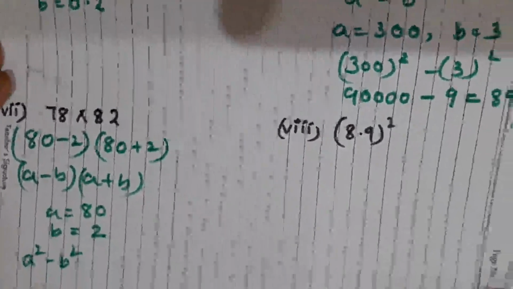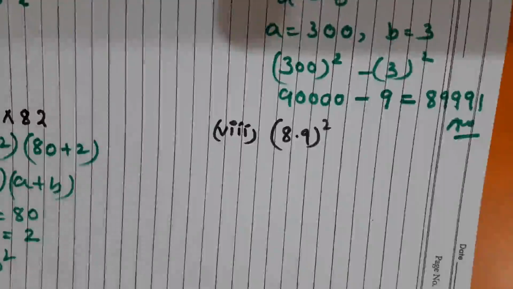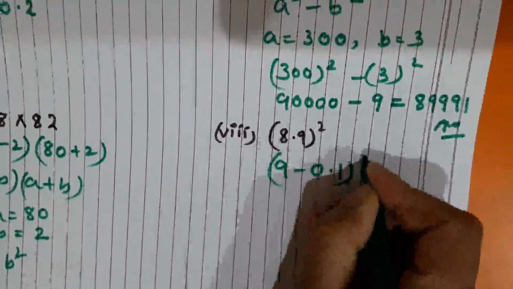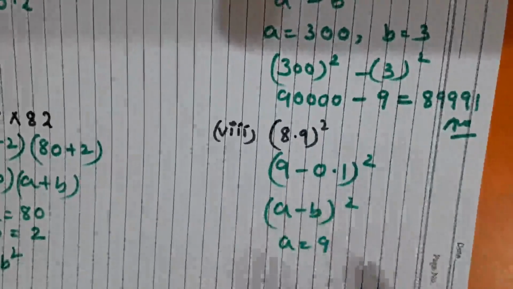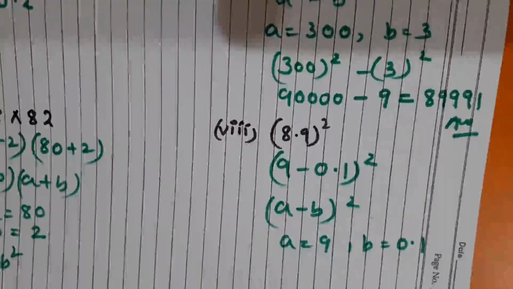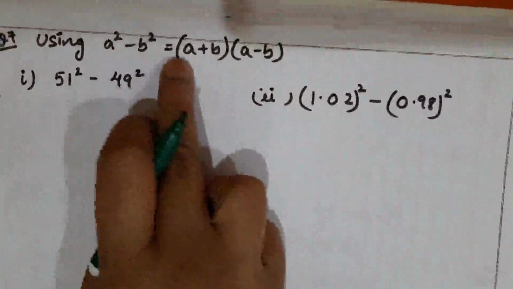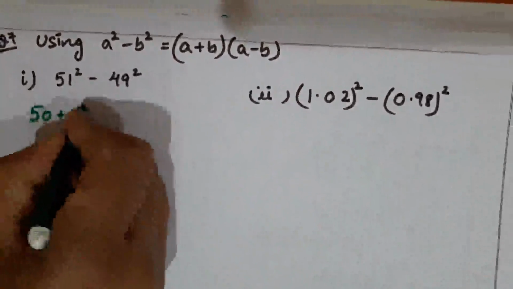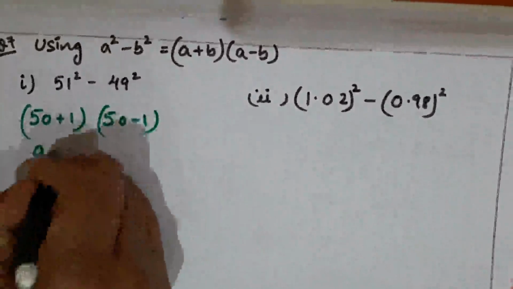Okay. Now 8.9. How can you write 8.9? 8.9 you can write as (9 minus 0.1) whole square. So (a minus b) whole square. A is 9 here and b is 0.1. Put these values inside the formula, you will get the answer. Let's move to the next question. In this question also you have to use the a square minus b square formula, a plus b, a minus b. So you can write 50 plus 1. Okay. You can write 50 minus 1. So this is your a plus b and this is